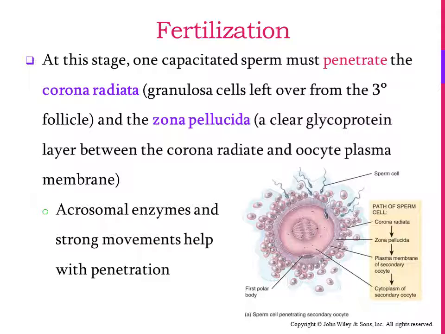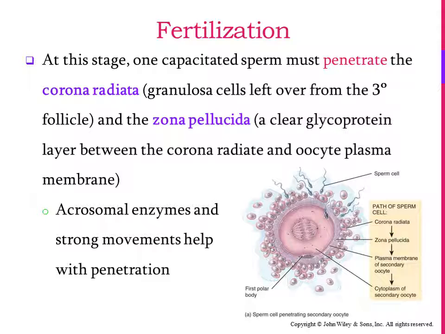So fertilization again involves first the breakdown of the protective layers around the secondary oocyte. The corona radiata is comprised of granulosa cells from the mature follicle with which the secondary oocyte was ovulated, and between those cells and the membrane of the secondary oocyte is a clear layer of glycoprotein called the zona pellucida. So acrosomal enzymes plus the strong swimming action of the sperm help to break down those two layers, and the sperm that's able to clear a path to the plasma membrane of the secondary oocyte will be the one to